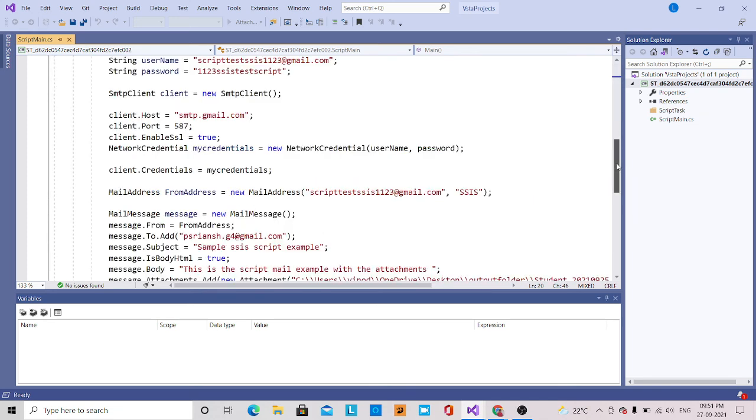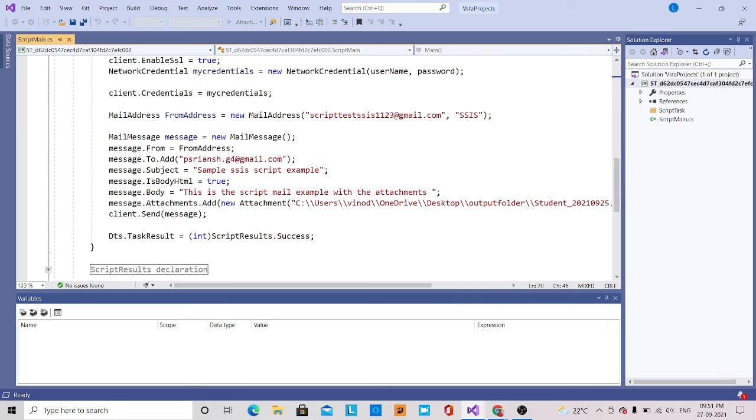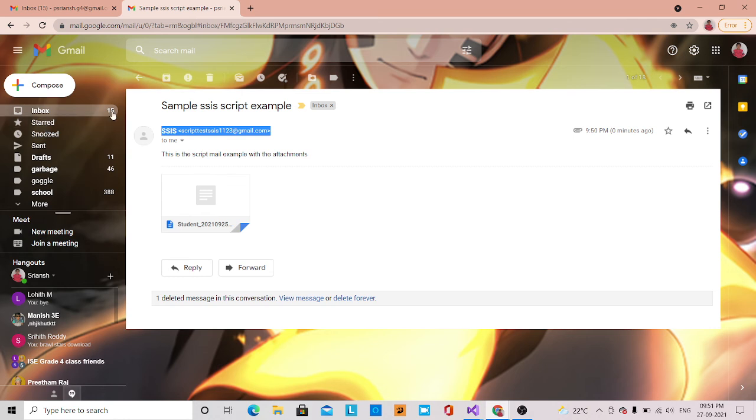See all this as a subject. For this Gmail ID, it has come to this mail ID.